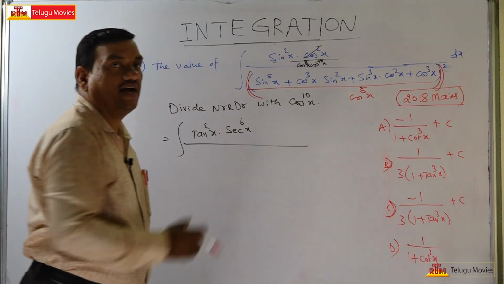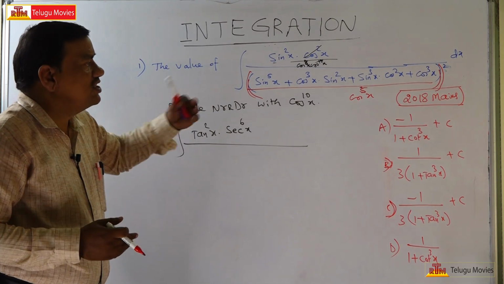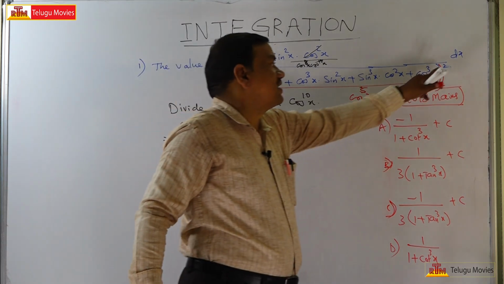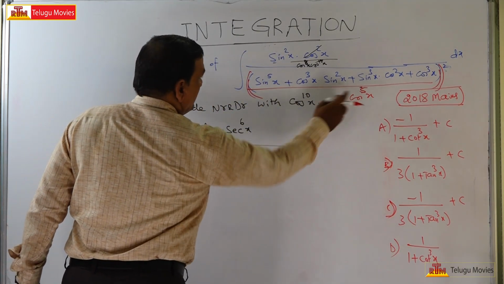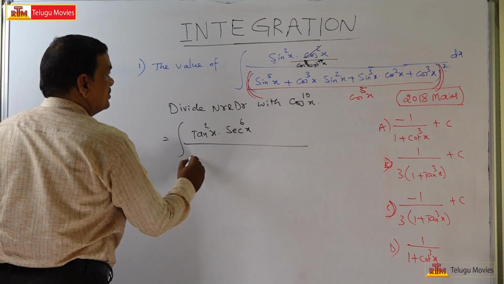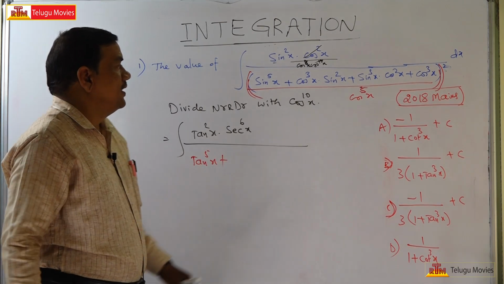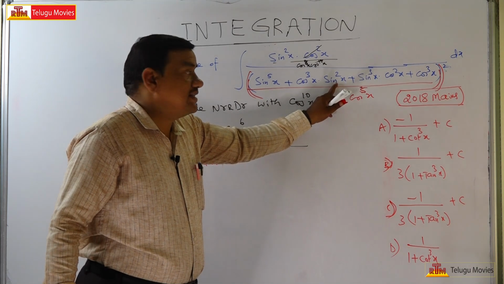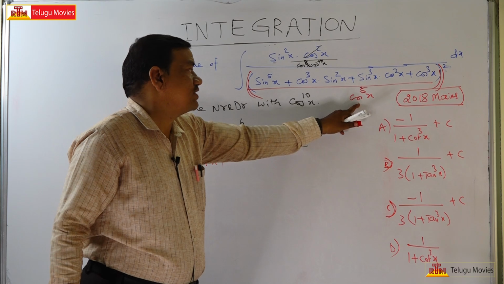If it is inside, enter into the inside bracket, this becomes cos to the power of 5x. Why? Because already 2 is there. Now see here, sin to the power of 5x, cos to the power of 5x. So this is equal to tan to the power of 5x plus, see here, sin square x by cos square x. So this is equal to tan square x,